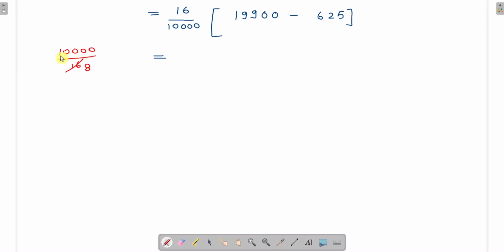Okay, 2 8s are 16, 2 5,000s are 10,000, then 2 4s are 8, 2 2,500s are 5,000, 2 2s are 4, 2 1,250s are 2,500, 2 1s are 2, 625. Okay, so what we will get is 16 1s are 16, 16 625s are 10,000, that means we will get 1 by 625 into, now let us calculate this,